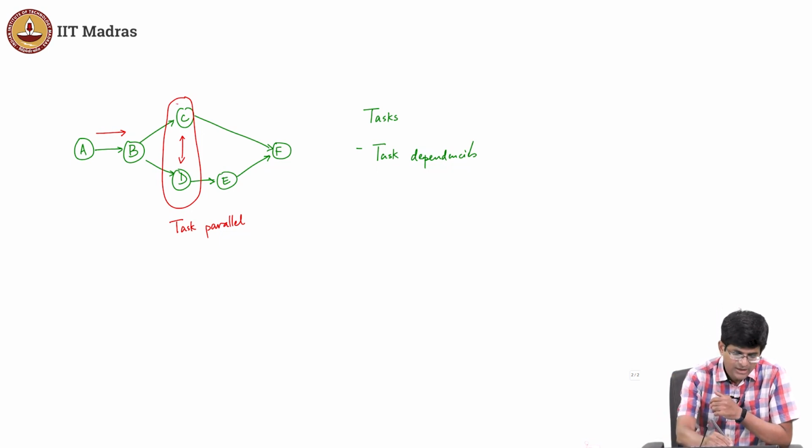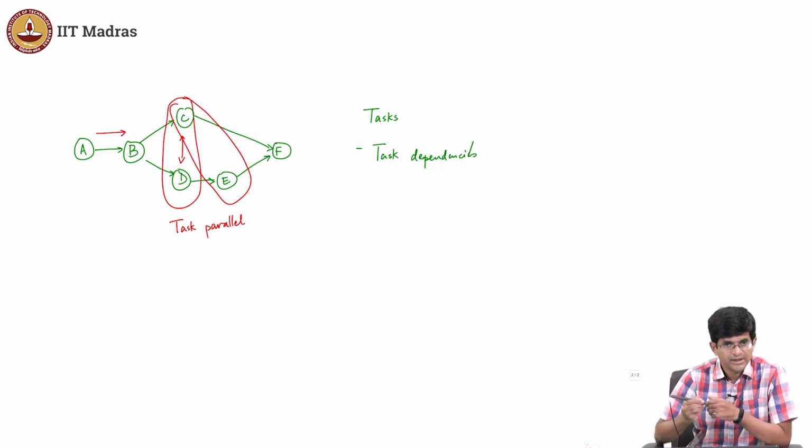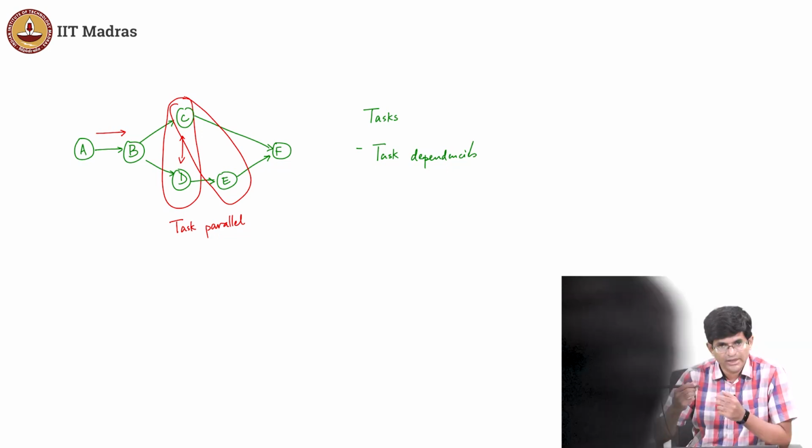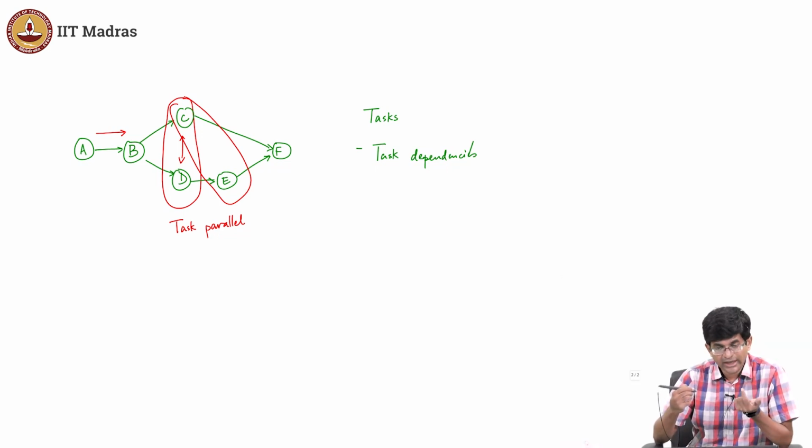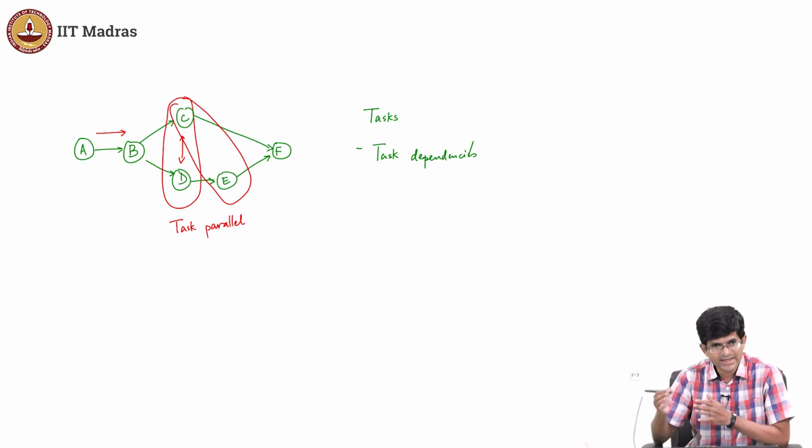Similarly, C and E are also task parallel, right. I do not care about the order in which I do C and E. What I do care about is E should happen only after D. As long as that is taken care of, whether I do D, E, C, C, D, E, D, C, E, right, none of those matter,